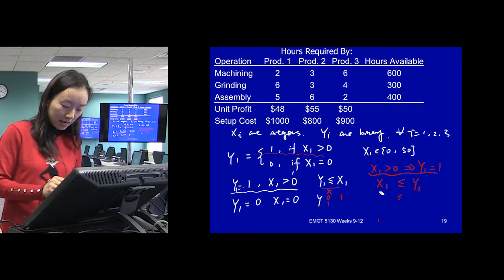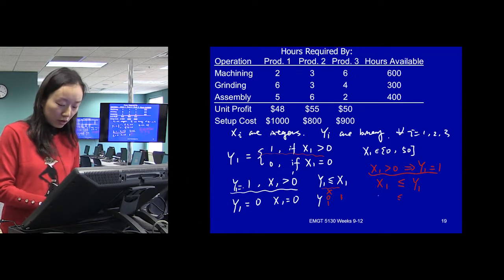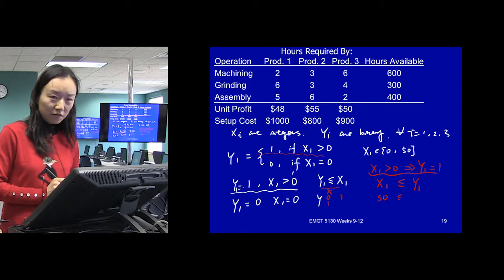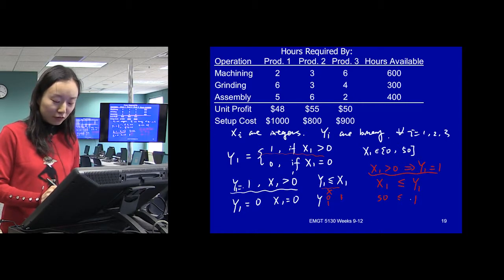The problem is that our x1 is not binary. So it can go from 1 to 2 to 3 to 4 all the way to 50. What happens if it's 50? 50 cannot be less than or equal to a 1, right? So can we do something?